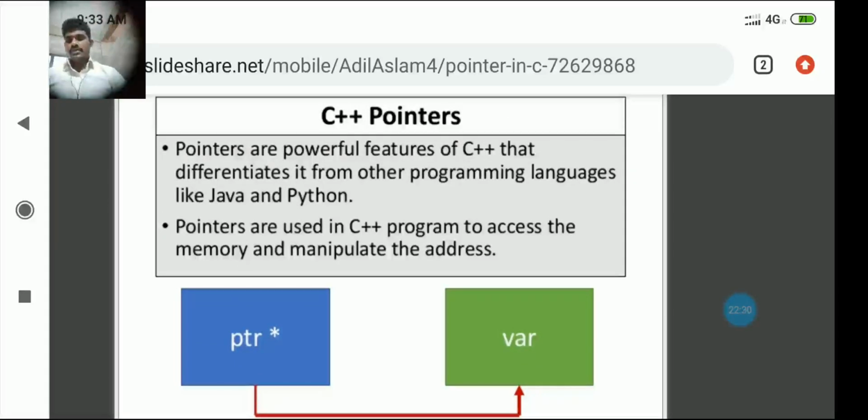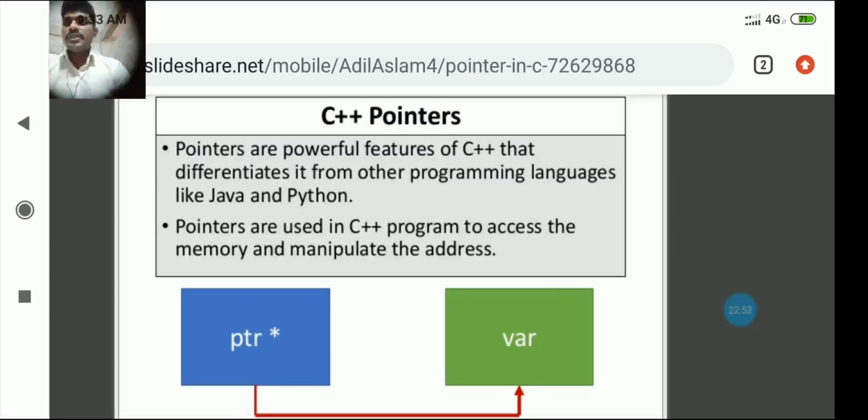So look here, I want to show again pointer and variable. Look at the definition. Pointers are powerful features of C++ that differentiate it from other programming languages like Java and Python.